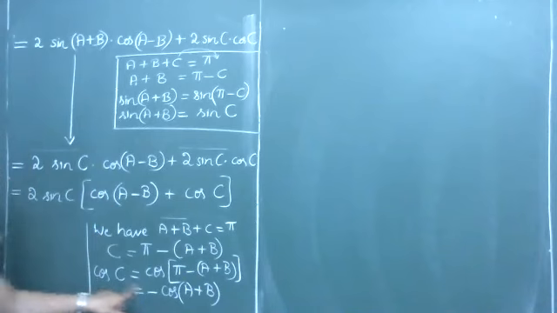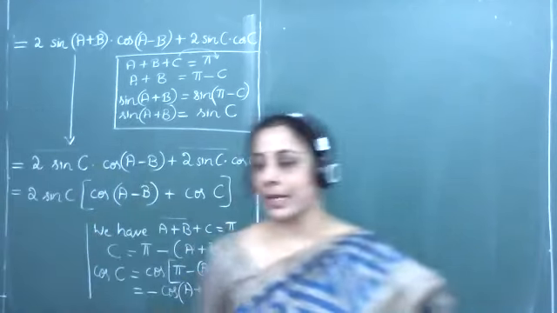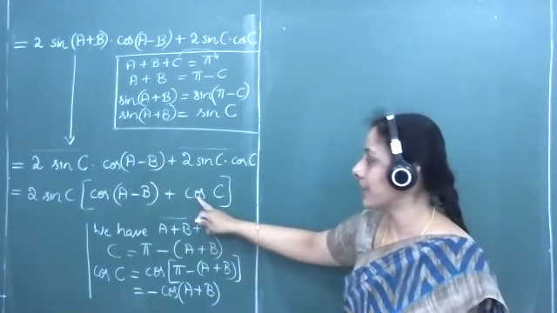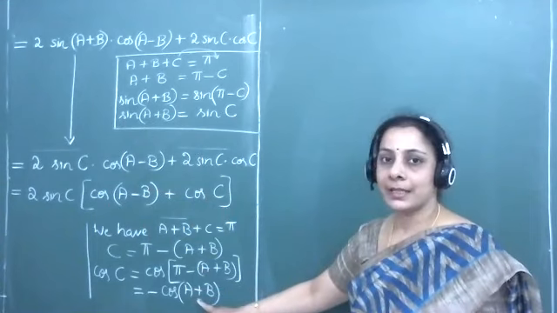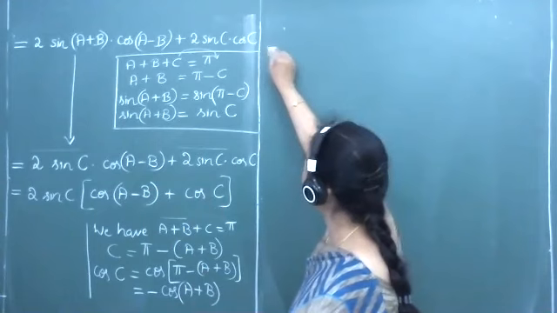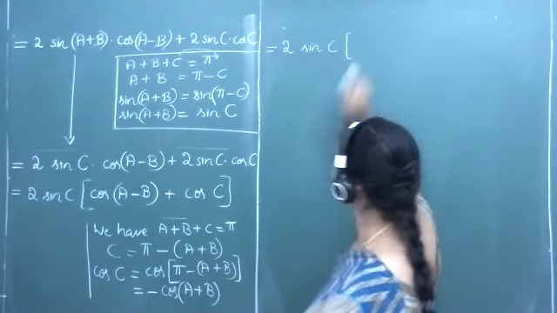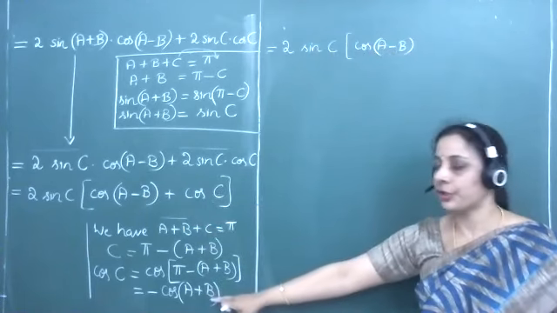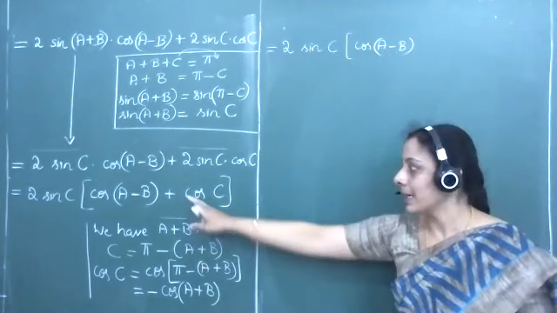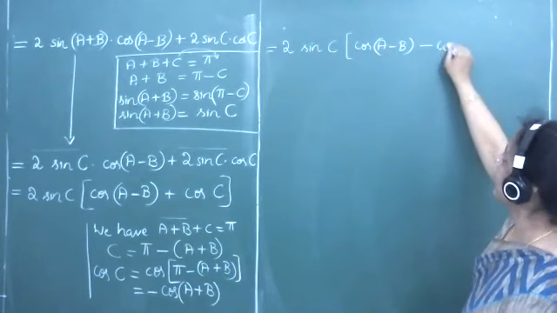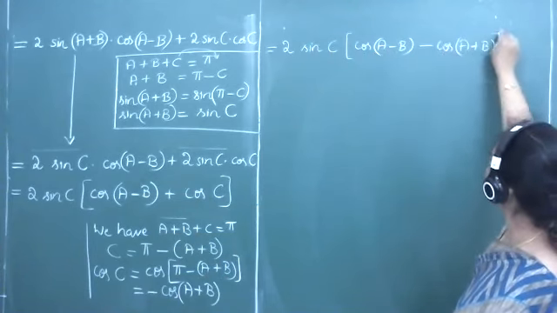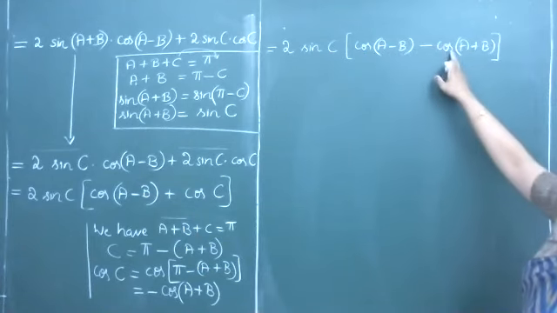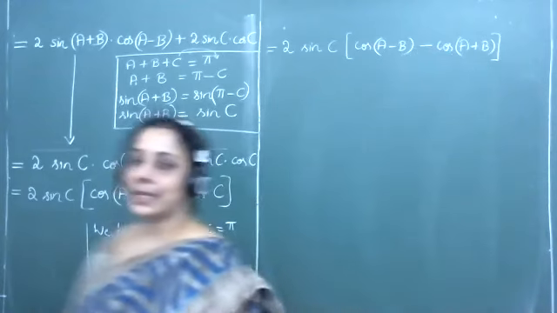So now we see the angle C is replaced totally in terms of A and B. Hence, the previous step here, that is 2 into sin C into cos of A minus B plus cos C, we will eliminate C and bring this term called cos of A plus B. We should try to retain that now, rewrite it. 2 into sin C multiplied with cos of A minus B, keep it as it is, plus cos C will be changed to plus of minus cos A plus B, and we agree plus into minus is equal to minus, so that I write here minus of cos A plus B. We can see here within this brackets, that is the second expression here, cos of A minus B minus cos of A plus B, angle C has been completely eliminated.